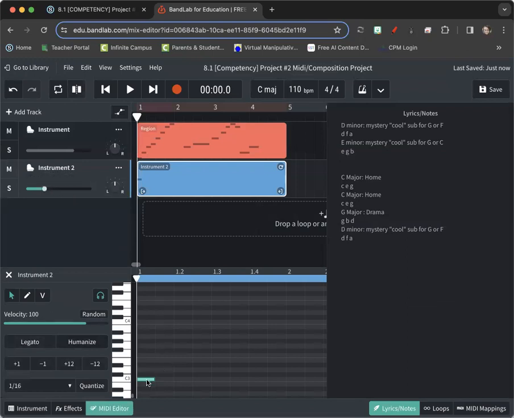Okay. So we've got the C. Well, now we need E. Well, where's E? A, B, C, D, E. It's this one. I'm going to do broken chords because I like that sound. And next is G. A, B, C, D, E, F, G. It's this one. And here's the cool thing about